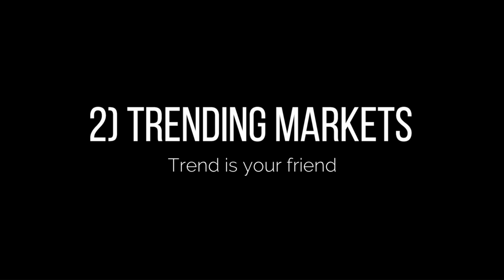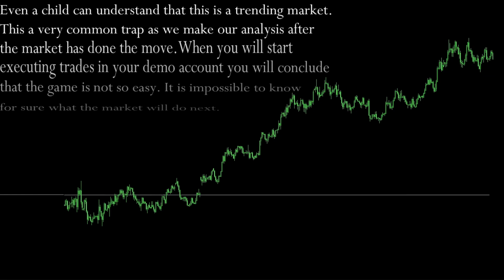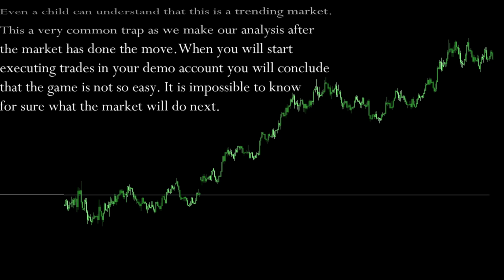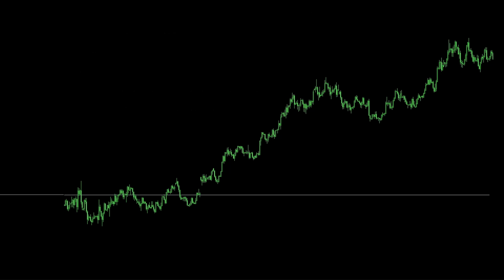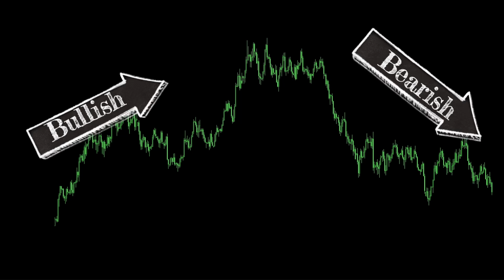A trending market, in simple words, is the desire of the market to move in a direction with no specific rules, but rather chaotic. Fundamental indicators, Elliott wave, retracements, support and resistance are here to help you catch the next wave and try to follow the trend as the market moves in waves. We have two types of trends: bullish and bearish. Trends are usually noted by higher highs and higher lows in an uptrend, and lower highs and lower lows in a downtrend.